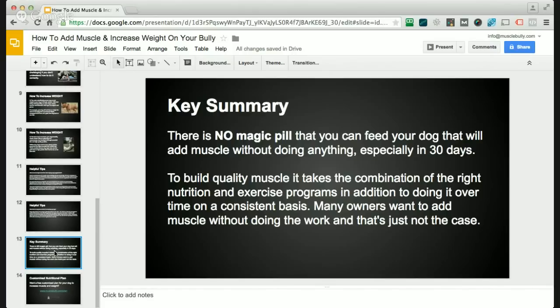Okay, that leads me to our next question. What age do you think is good to start a puppy? At what age? Any older than that? Well,